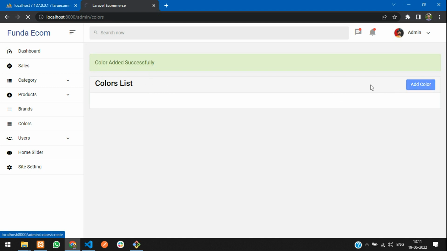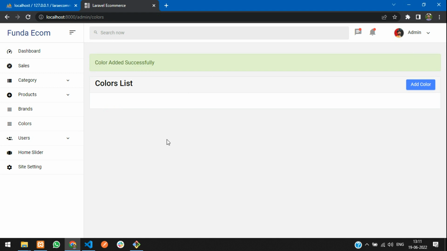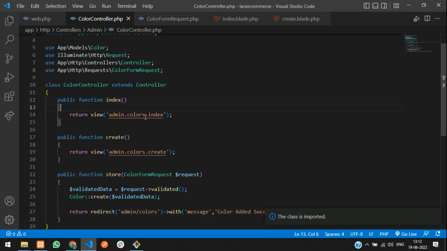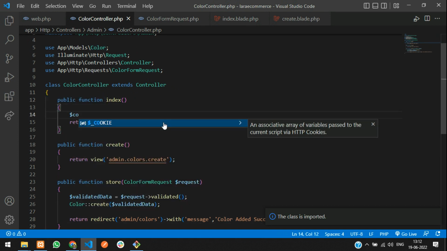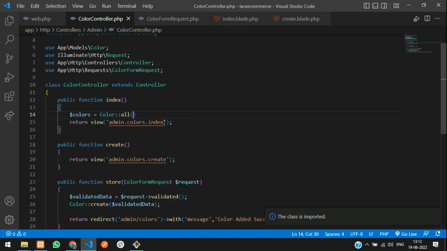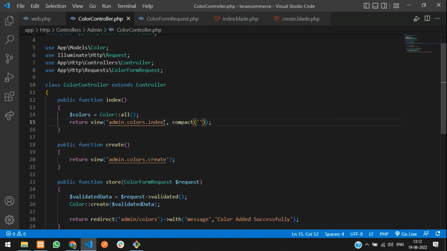So guys, now let us add one more, green. Let me keep this capital, and here you add small code green. Save, again add it. So now guys, let's fetch these colors. Yep, let's get back to our index function at color controller. Get the colors is equal to your color model colon colon all function, and use a compact function where you tell colors,